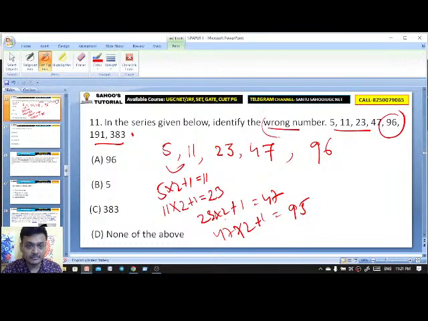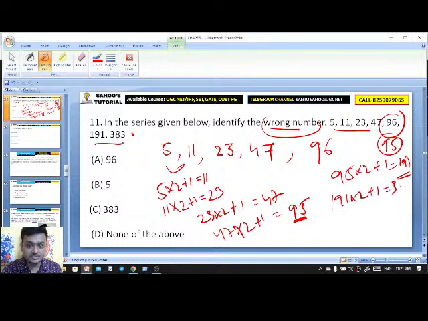So the wrong number is actually 96. It should be 95. If it is 95, then 95 into 2 plus 1 equals 191. Then 191 into 2 plus 1 equals 383. So exactly, 96 is the wrong number.